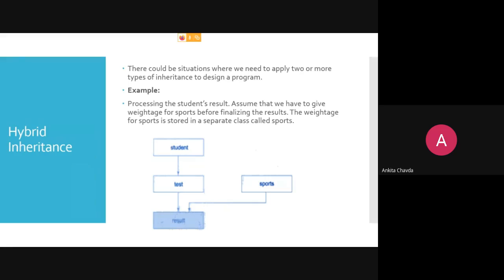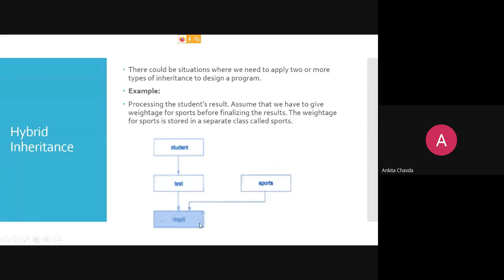It would be having a multi-level and a multiple, you can say, right? This is your multi-level example, that student, then you were having that test and result class there, wherein in a student we were passing the roll number. This is what we have seen in our multi-level example, if you remember. Student roll number, then in test they would be having two subjects, subject 1, subject 2, their marks, and finally we are adding those marks over here in test, and we were displaying the result, right?